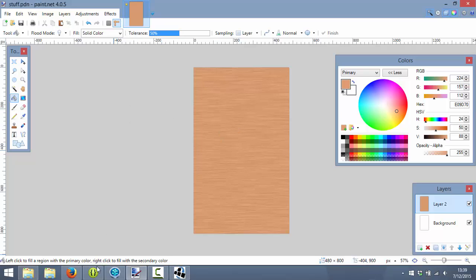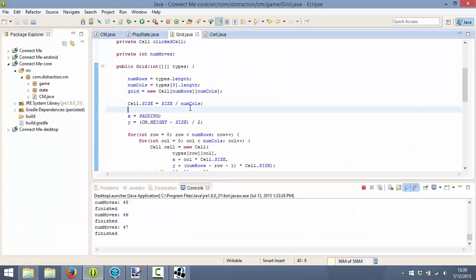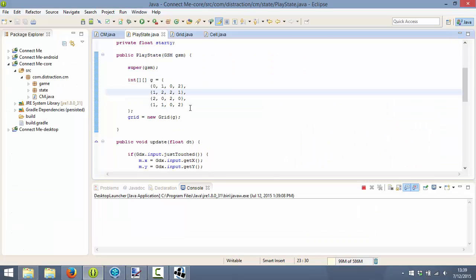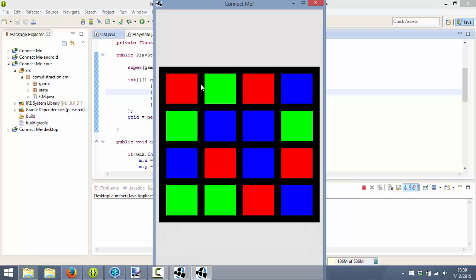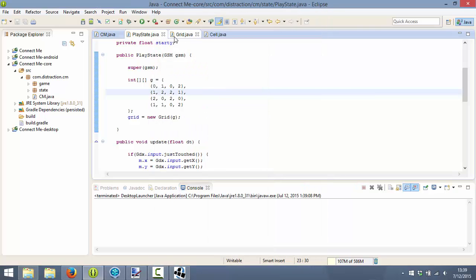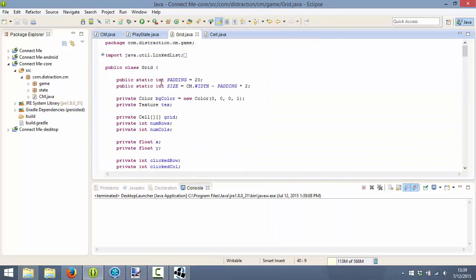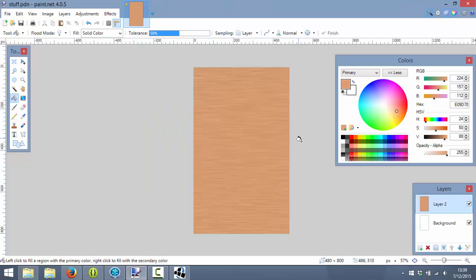But now, okay, so the game is 480 wide. So when I make the square grids here, it's gonna be 480, but then there's a little bit of padding. How much was the padding? The grid size is the width of the screen minus padding times 2. The padding here is 20, so this is 40 minus, so 440 across. I need to cut out